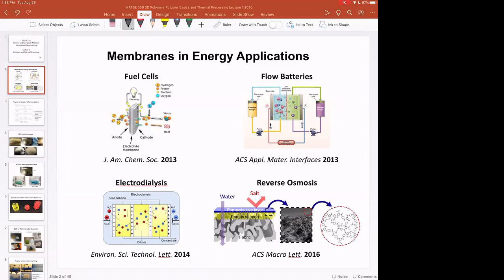We have current projects going on in flow batteries. I've worked in areas like electrodialysis, and you can Google that if you don't know what it is. And even things like reverse osmosis, which is not necessarily an energy application, it's a water application, but it takes a lot of energy to do reverse osmosis. My background is in polymer science, but I generally work in these areas. We've even 3D printed membranes that we've put in these different devices. You can check out my Google Scholar page if you want to know more about what I do